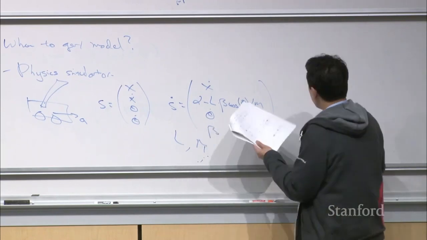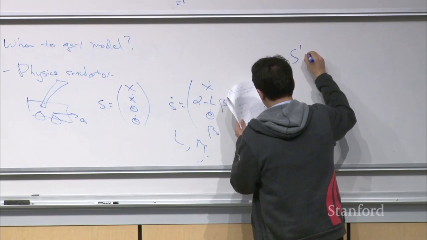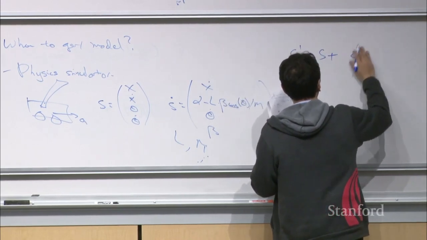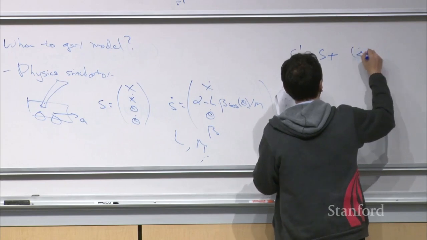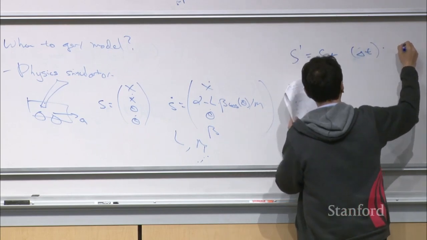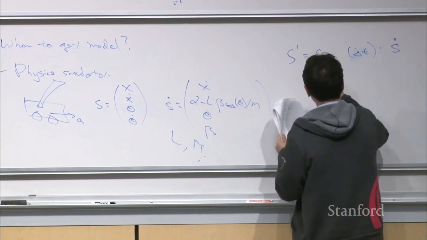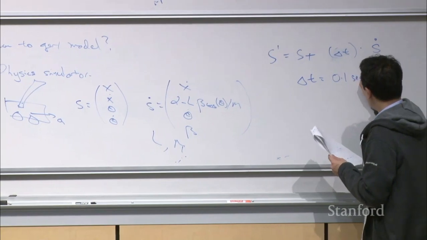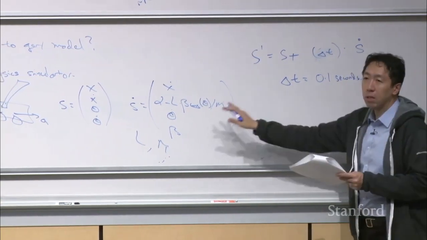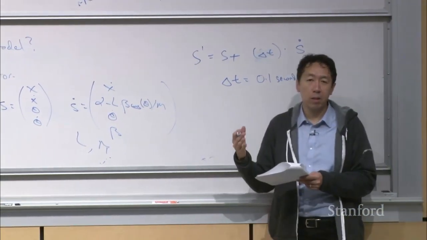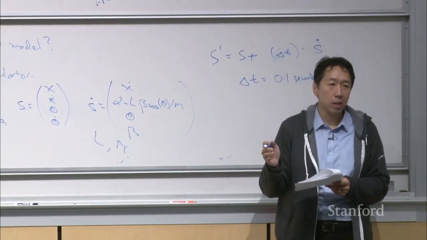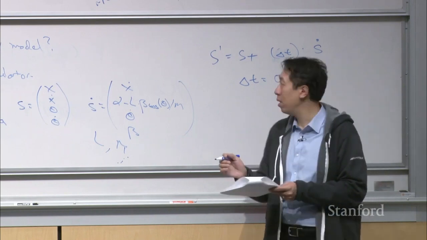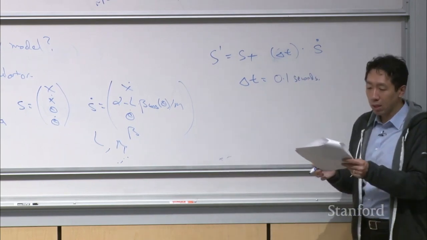So in this example, the simulator would say that S prime is equal to S plus delta T times S dot, where delta T could be, let's say, 0.1 seconds. So if you want to simulate this at 10 hertz, so 10 updates per second, so that the time difference between the current state and the next state is 1/10 of a second, then you write a simulator like this. Okay,